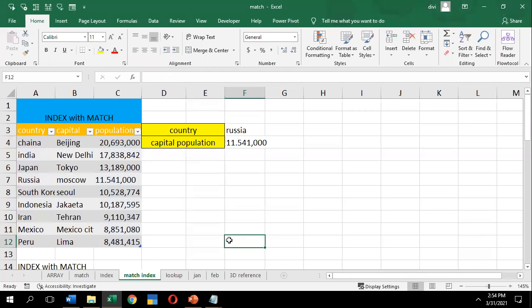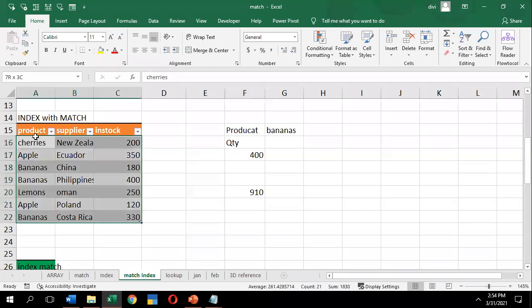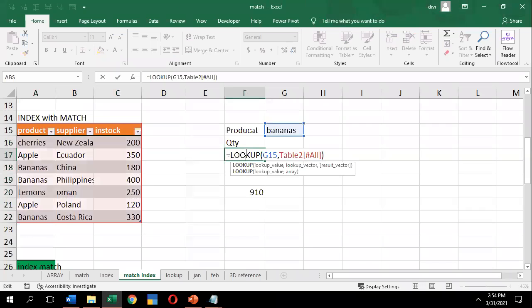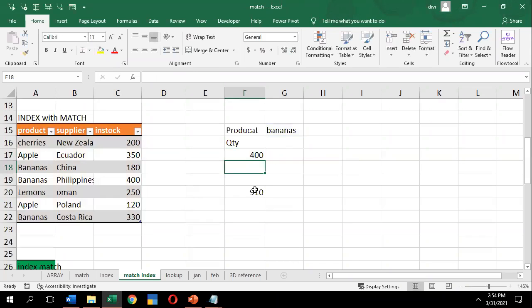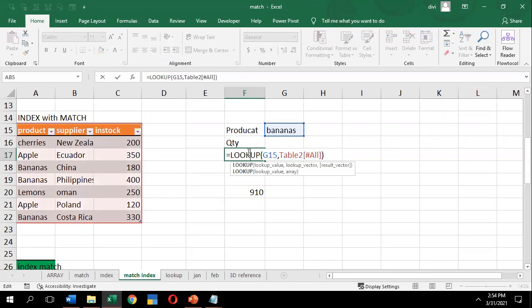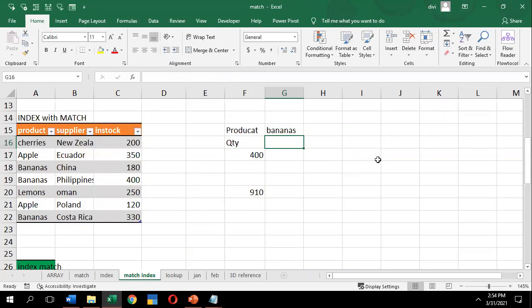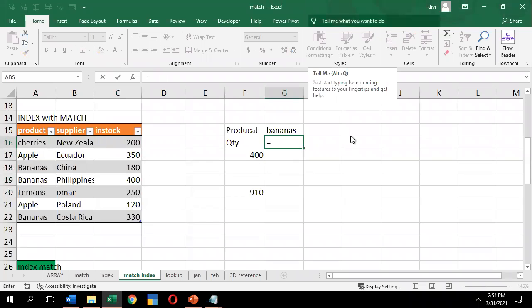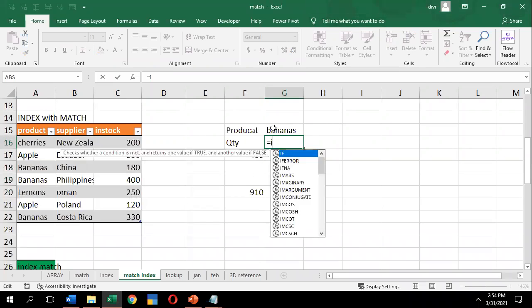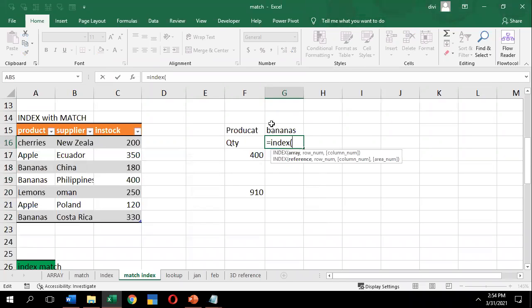Now let me go to the next INDEX and MATCH example. So one more example I'll give over here. I want to find the banana value. I'll use the formula equals INDEX. Open the parenthesis.